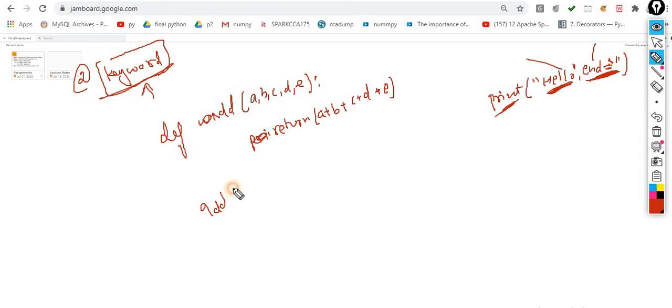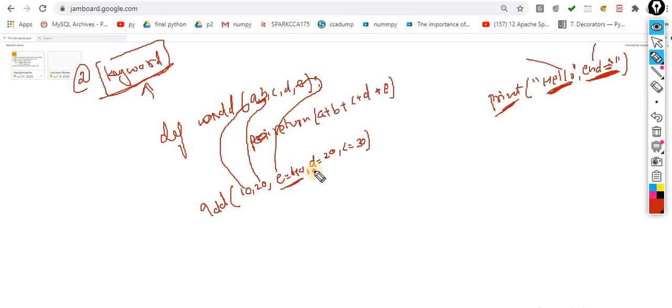So let's suppose I am calling the add function, the first two values I make positional arguments, and the rest become keyword arguments. In keyword arguments, it doesn't matter what the order is. Keep this point in mind. So this one on the first position is allocated over here, this one on the second position is allocated over here. Now this E is a keyword argument, it is allocated to this E. This D is a keyword argument, allocated to this. C is a keyword argument, allocated to this.